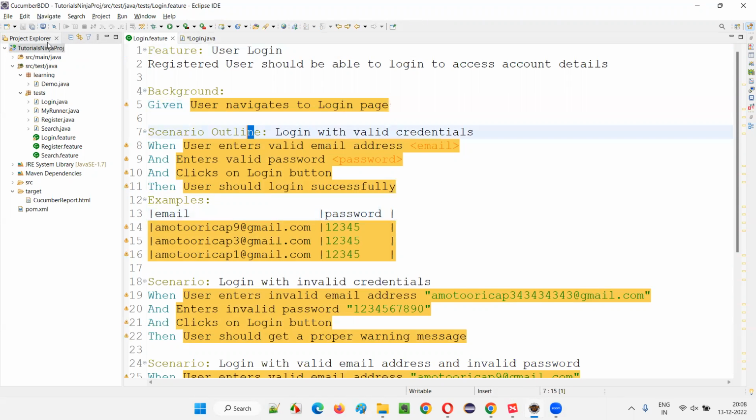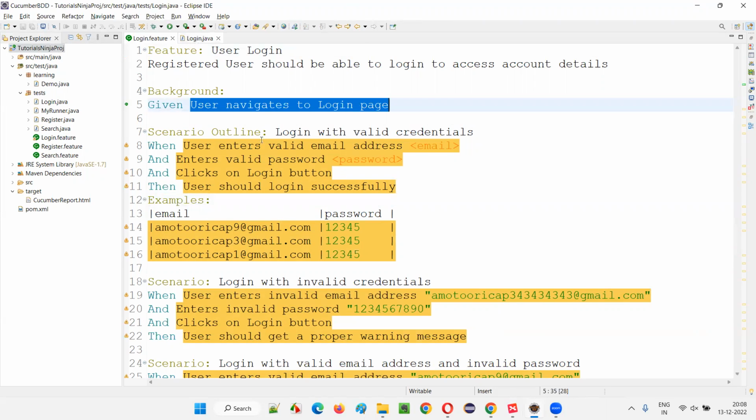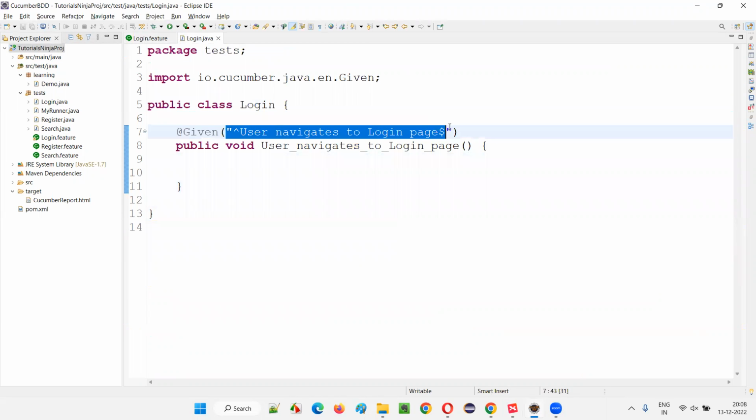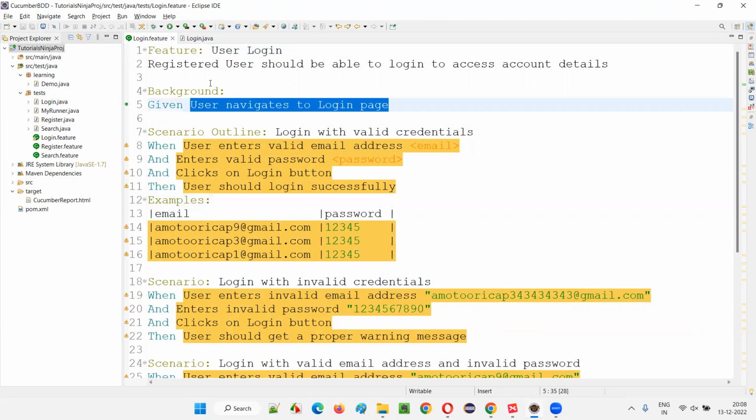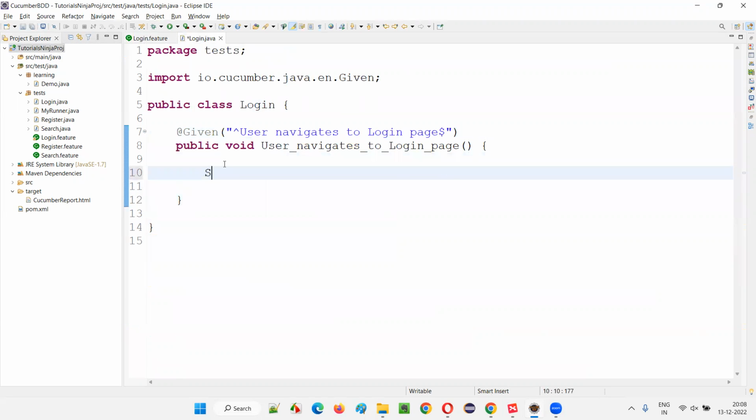Now you see, now save all, and you see the step is now recognized. It's now detecting this particular step. With the help of this regular expression, the matching is happening with this step. Now here I'll write some dummy code with the print statement: User got navigated to